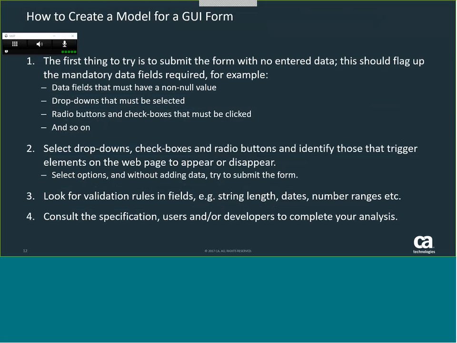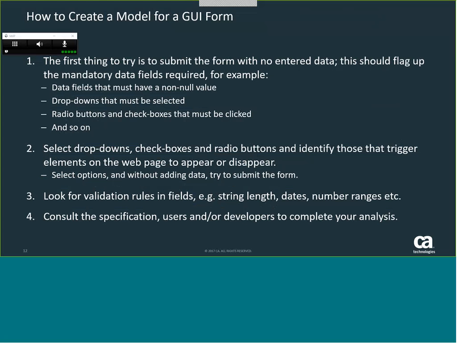Now, one thing before I show you the picture itself is, when you encounter a form that's complex, my suggestion as to how you think about how you are going to create the model and understand how you put it together. It can be a bit daunting when you first see a form with, say, 50 fields or some great number